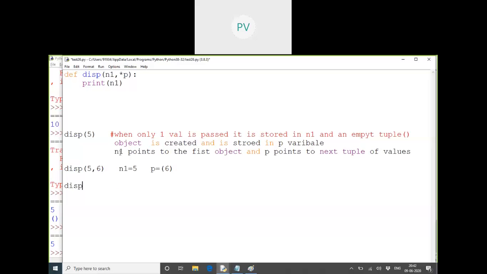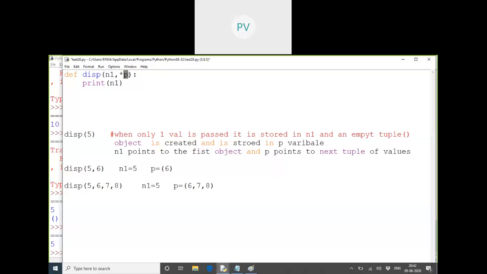If I call the display with 5, 6, 7, 8, what will happen in the background? N1 will get which value? 5. And P points to which value? Tuple of 6, 7, 8. So if you pass 1 also it will accept, because the second will be automatically initialized to an empty tuple, not None.